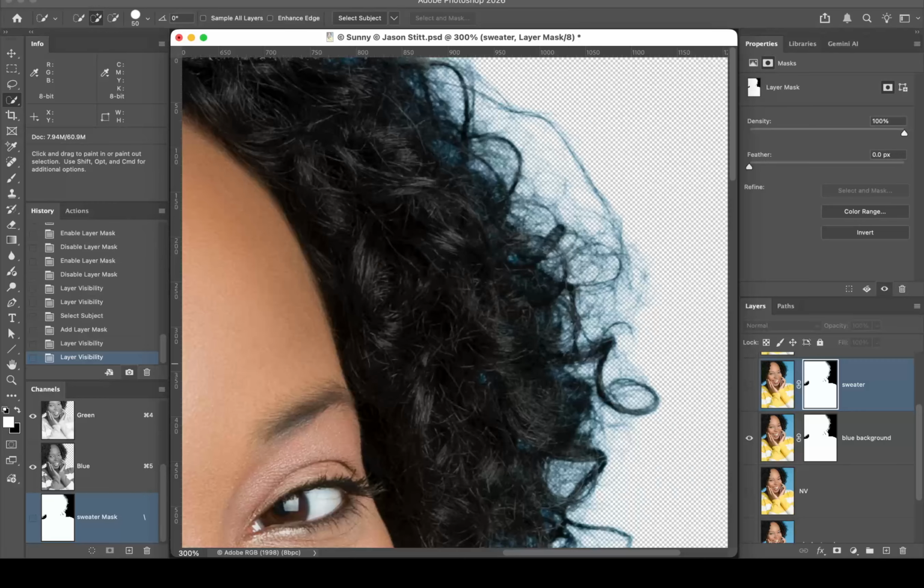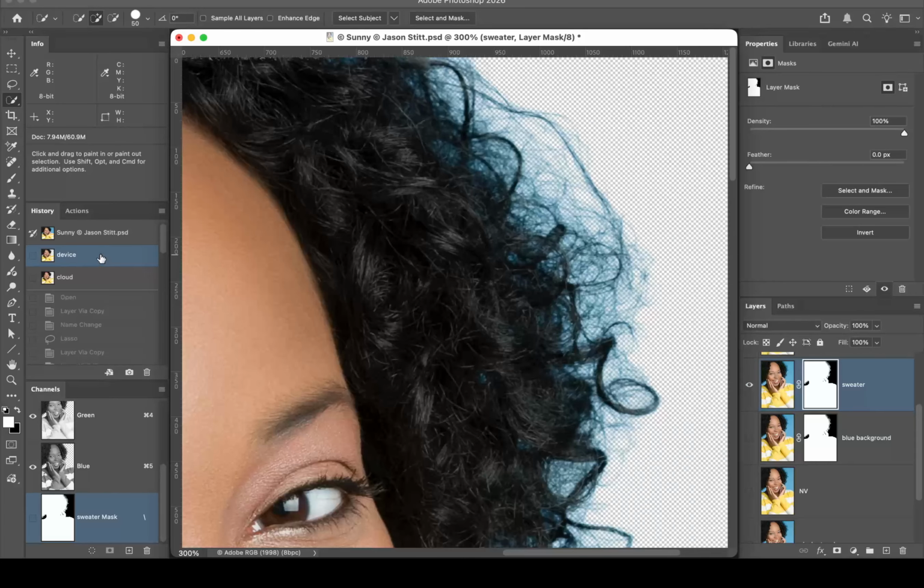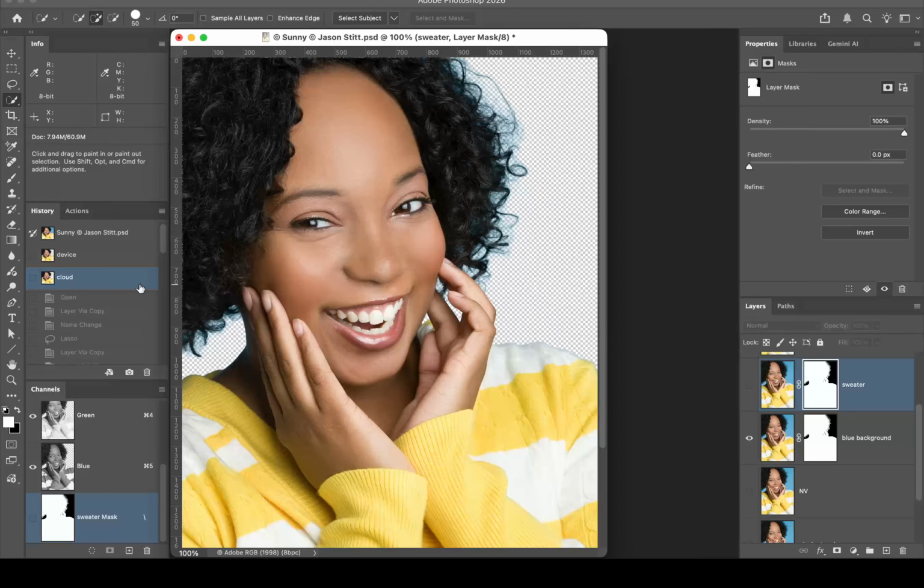and say okay. And then you can come up to the very top of your history panel, scroll up to the very top, and you'll see you have two history states. One is device and one is cloud. So if you click on device, you can see what it is, and if you click on cloud, you can see what it is. If we zoom out, which I would suggest you do before we accept this, and go back to device, and then to cloud,